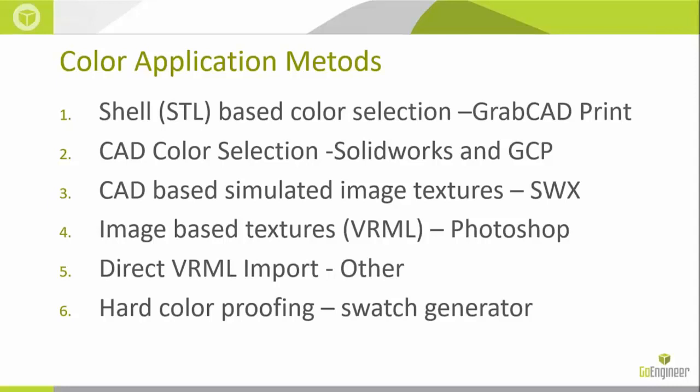Next is going to be image-based textures, commonly known as VRML files. These are files that have a 2D texture map image associated with a 3D piece of geometry that really maps each node in the mesh to a specific color that allows us to generate a full color model at the end. We're going to go over the ways in Photoshop that we can apply these textures